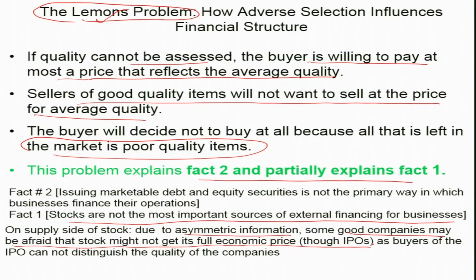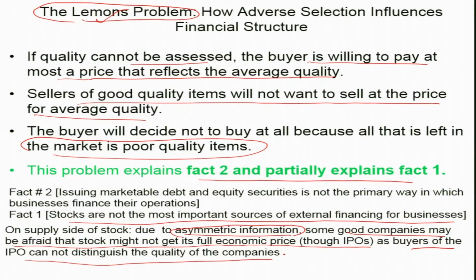So, the companies with strong economic fundamentals, a good financial project, who are also going to see that their project is going to be a great success and earn huge profit, accordingly expect a high IPO, a high unit price for their share. But because of asymmetric information, the prospective buyers of their stock may not know whether this company is in good financial condition or low risk. So, buyers of the IPO cannot distinguish the quality of the companies.